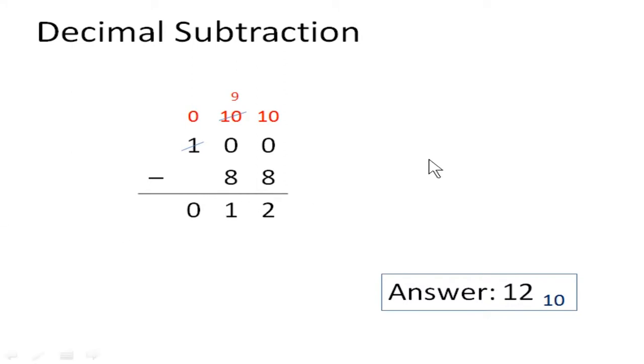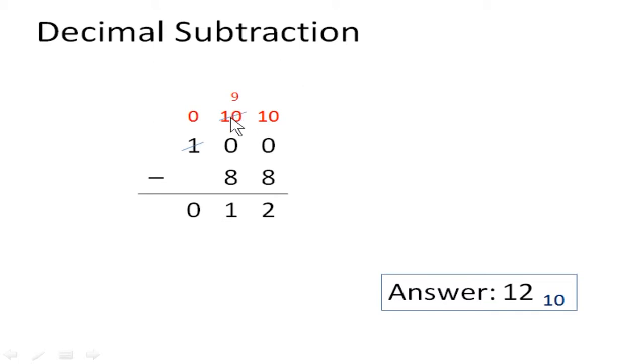So what you do is, 0 is smaller than 8, so you cannot subtract. So it will borrow from the previous digit, and the previous digit is again 0, so it will go on to borrow from the previous one. So once you borrow it, you will get 10 here, and this will become 0. Now from here you are going to borrow again from the previous value, which is already 10. So this will become 10 and this will become 9.